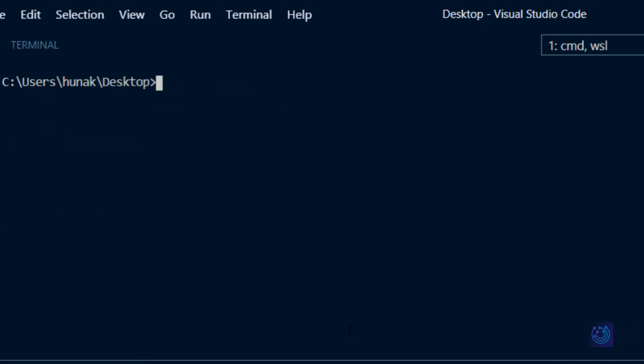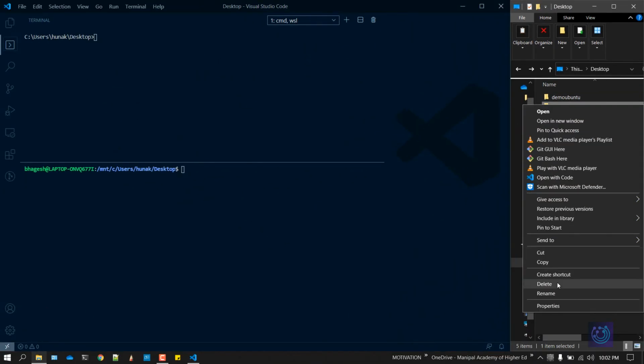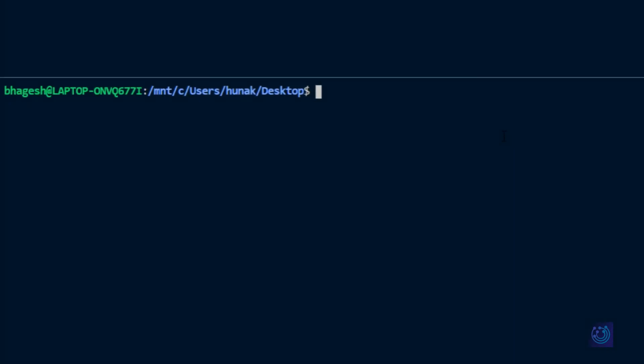So the next thing which we are going to learn is how to delete a project or how to delete the virtual environment. In Windows, it's pretty simple. You just go to the folder, right click and delete, and the entire project will be deleted. And for Ubuntu, you can do the same thing, or you can just type in rm -r and the name of the virtual environment which you created, which will be a folder. Since it's not empty, we'll be using the -r flag to remove the entire folder along with all the dependencies which were installed.